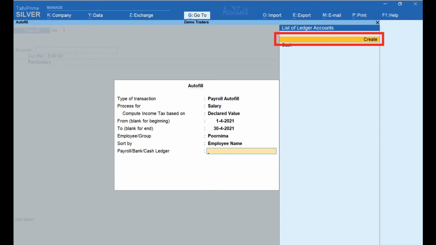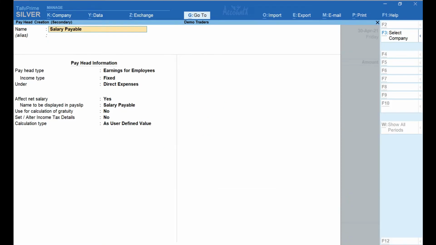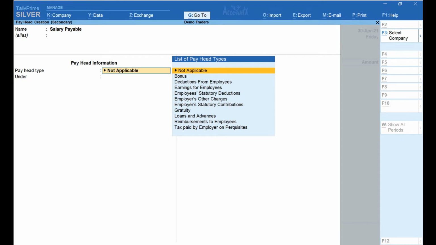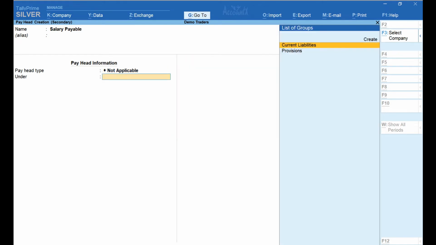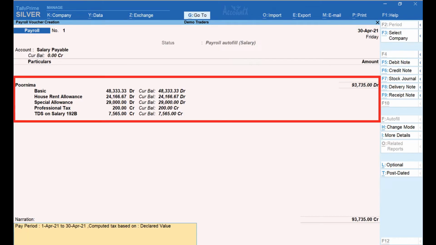In the payroll or bank or cash ledger, let us create a payroll ledger. For this, click on create. In the payhead creation screen, in the name field, enter salary payable. In the payhead type, select not applicable. Group it under current liabilities. Press yes and accept. Now if you notice, the salary is automatically computed.